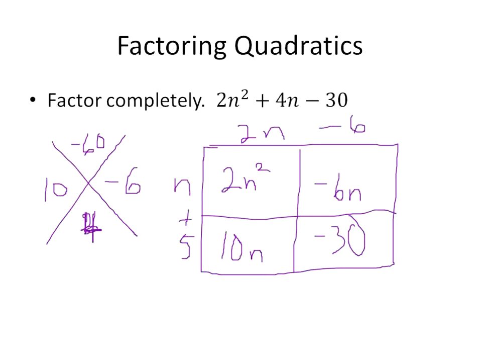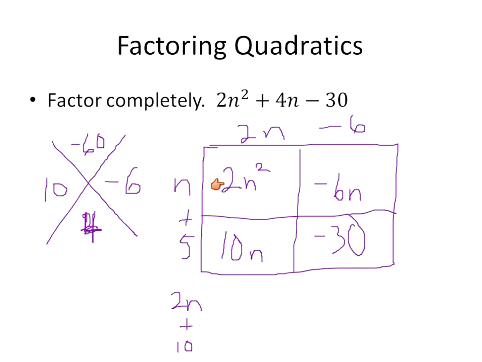It could be a 2n. And going this way could be 10, right? So you got 2n plus 10 on one side, like this. And then when you look the other way,